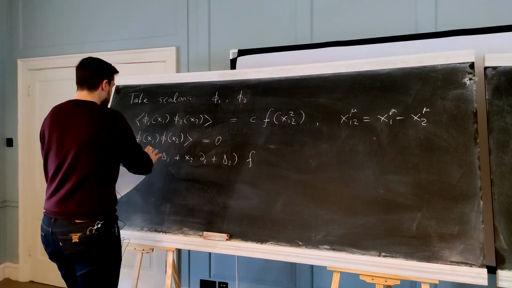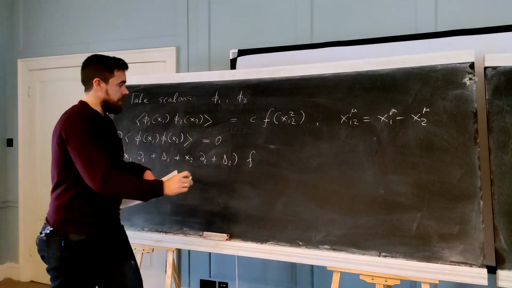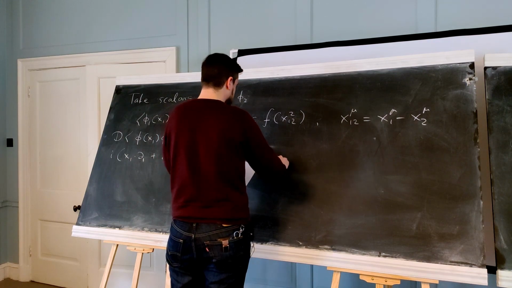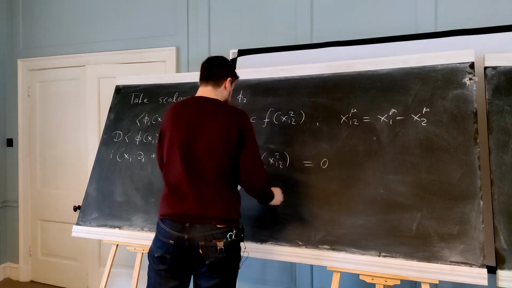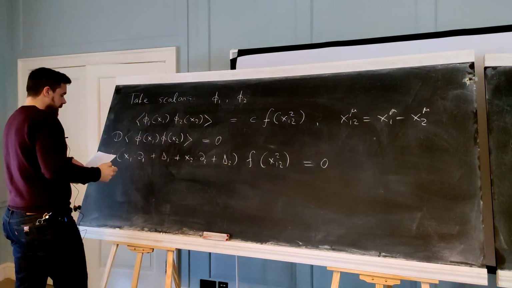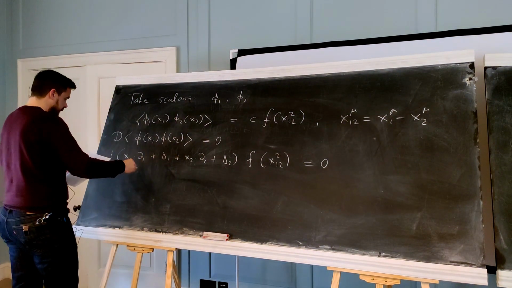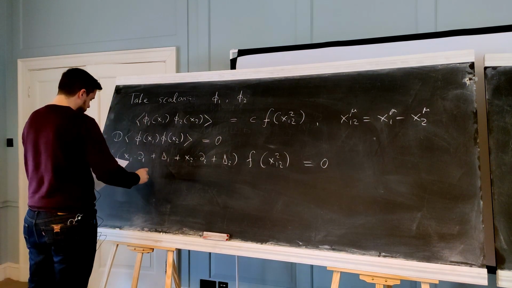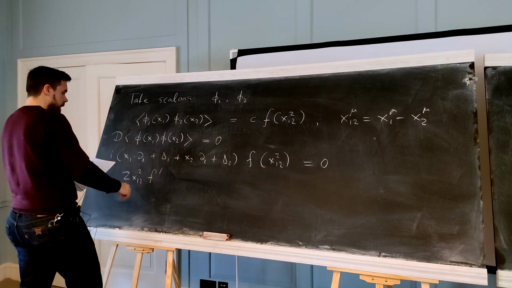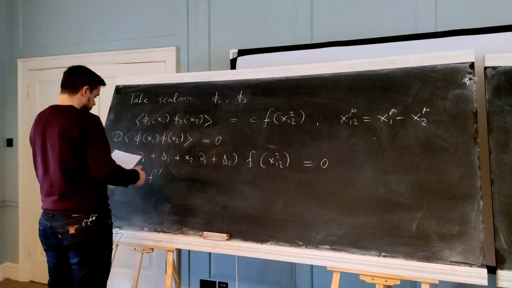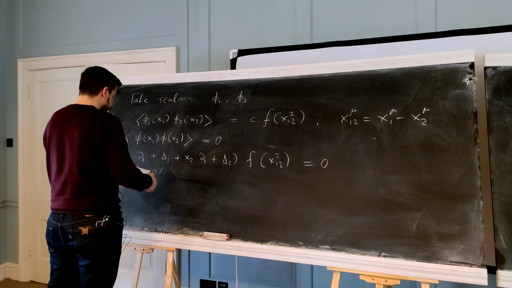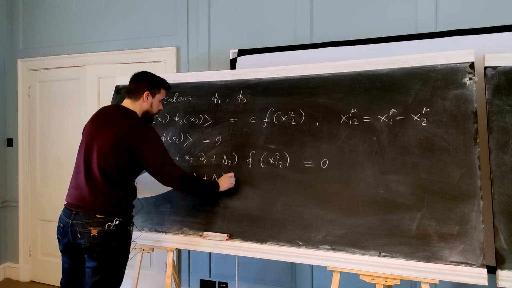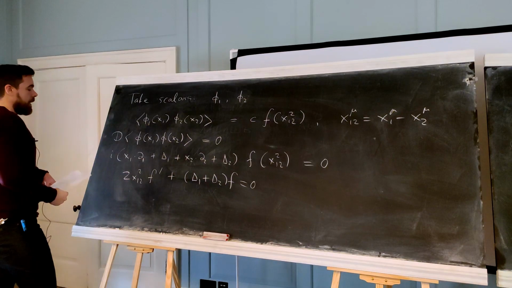And I'll get, after I act, I'll get this thing back, right? So this will be acting now on f of x12 squared, and this must be 0. And this, acting the derivatives out, it turns out to give you something like, you can check the algebra, f prime, where f prime is a derivative with respect to the whole square there, plus delta 1 plus delta 2 f is equal to 0.